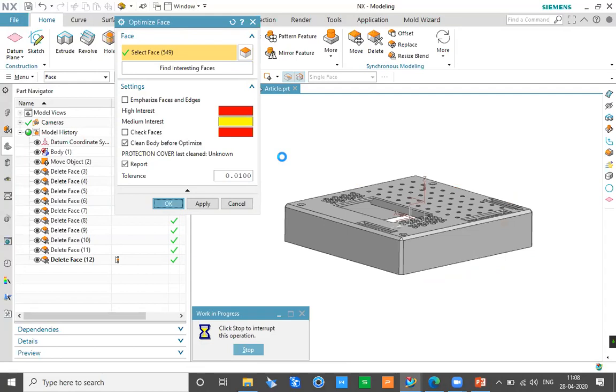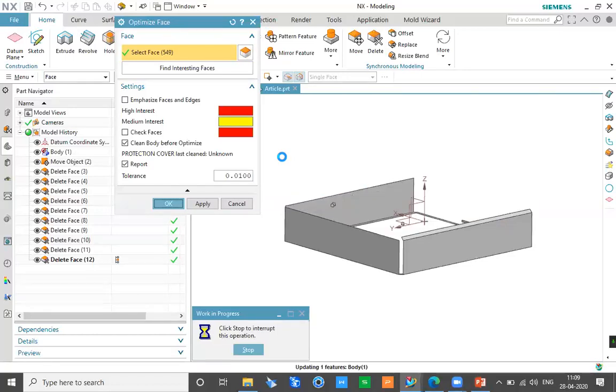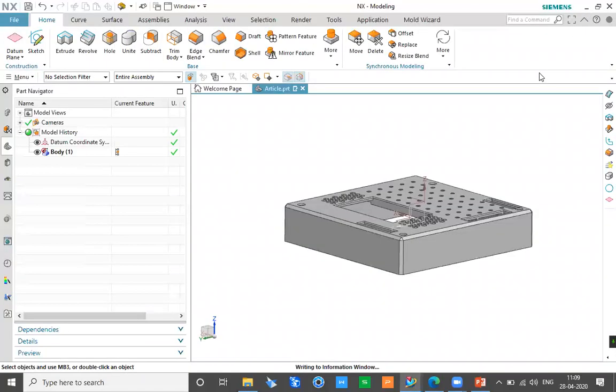So when we start with mold design, the first thing we can do in this particular software is a basic check on the geometry and a basic cleanup of the geometry, which is very important. And it can be for both geometries. It can be for the geometry which is created in NX, and it can be for the geometry which is not created in NX. So both kinds of geometries can be cleaned up.